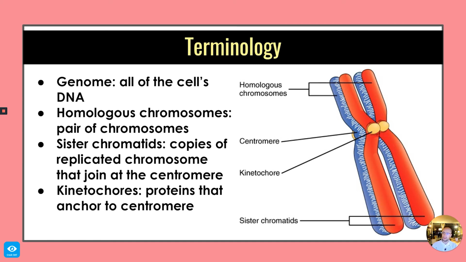You then have your sister chromatids, which are copies of a replicated chromosome joined at the centromere, and these are duplicates. And then you're going to have your kinetochores, which are